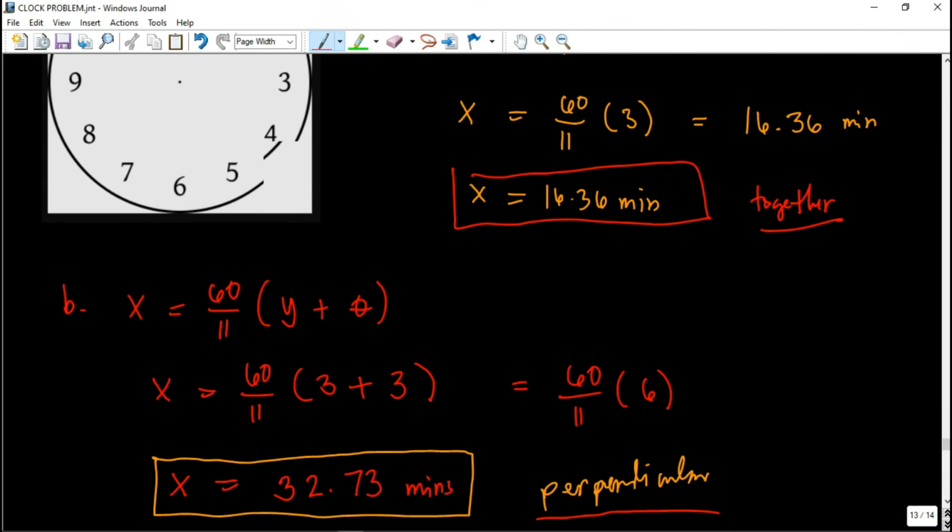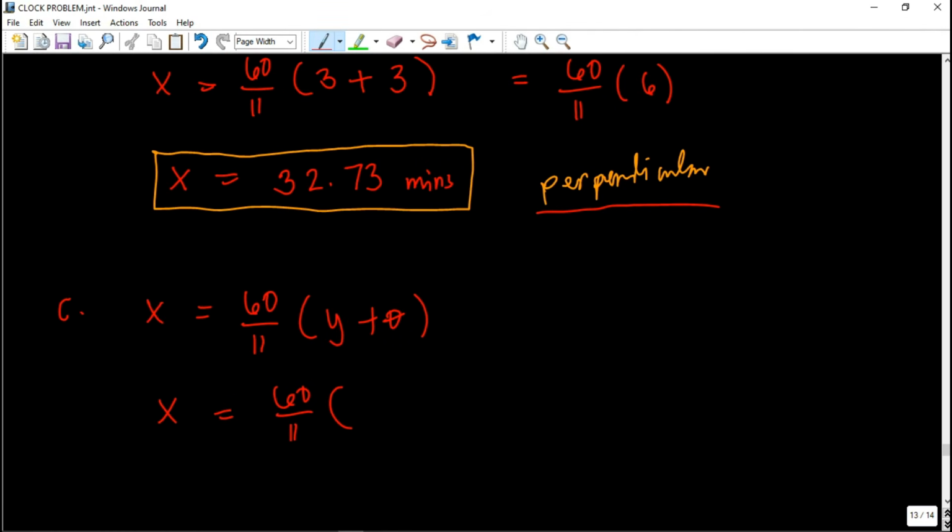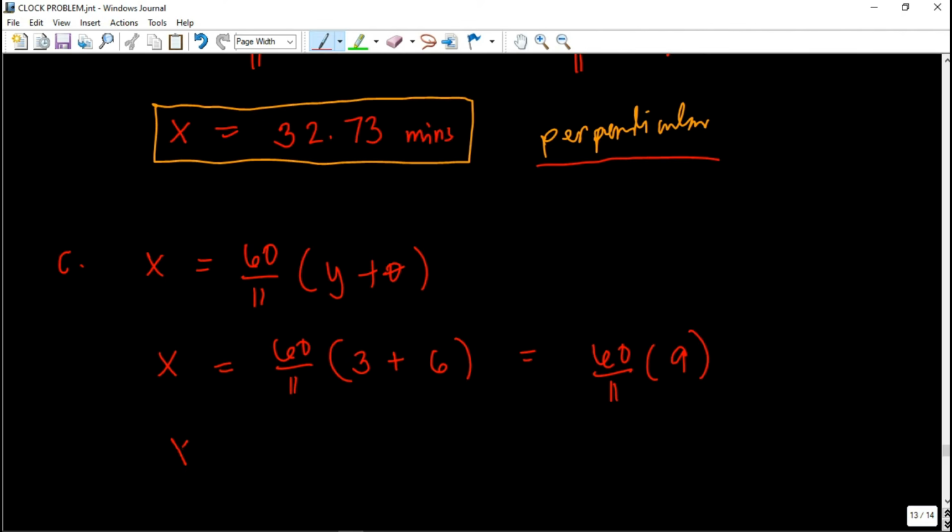Okay, that is 6 hour spaces. So, this is, of course, given y, which is 3. Then our theta is 6 because they are opposite. So, that is the number of hour spaces wherein they are opposite. So, 6 hour spaces. Okay, so this becomes 60/11 times 9. Okay, so x is equal to